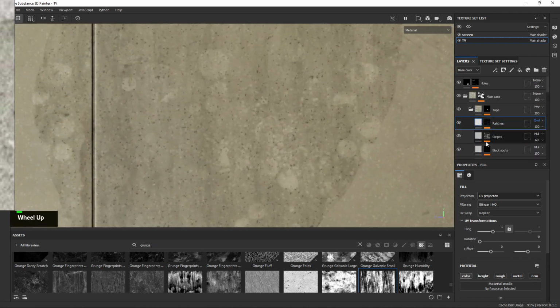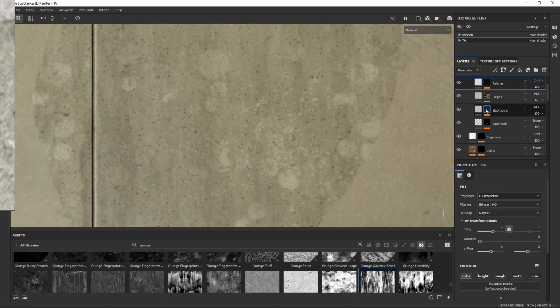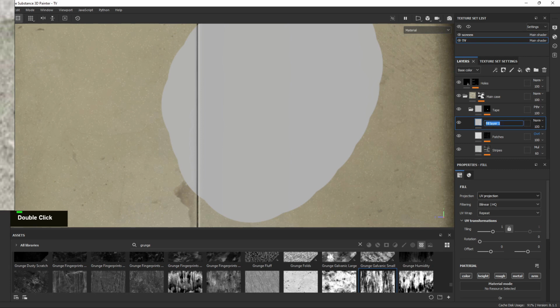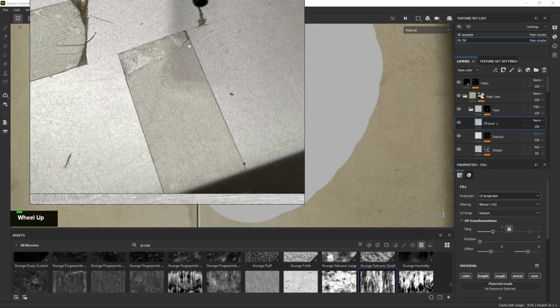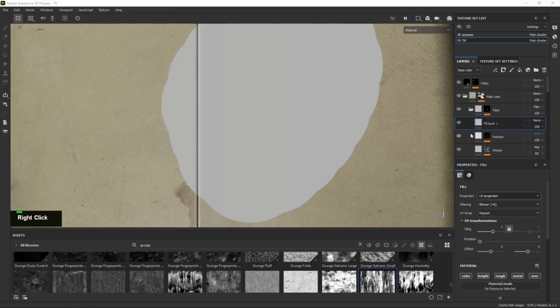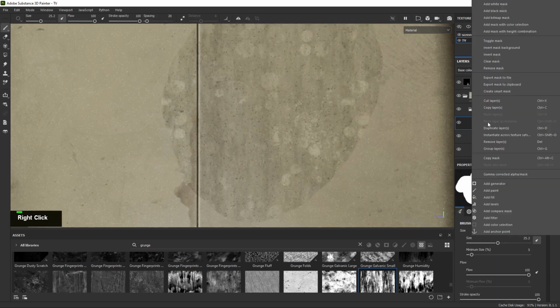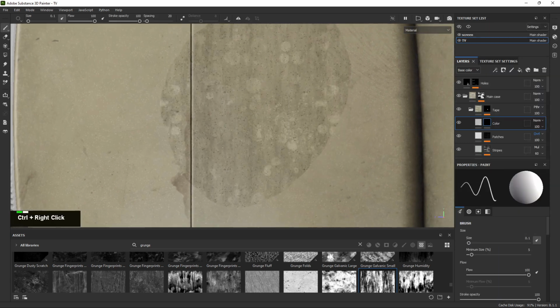Okay, and I think the little grains are, we'll see. When we start doing the tape, we'll see. And now I'm gonna do the actual color of this and the roughness and everything. So I'm gonna call this color. So I'm gonna have color, height, metal, and roughness. Well, color, height, roughness, metal. There you go. So I'm gonna add a black mask and add a,